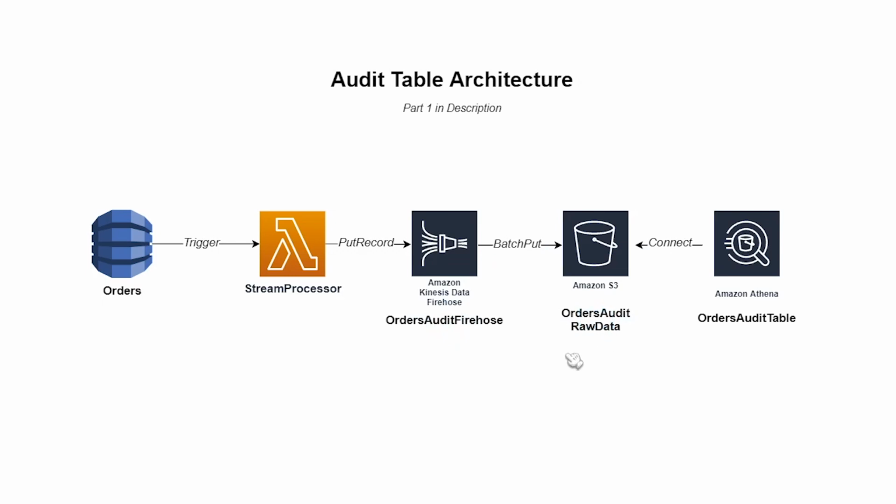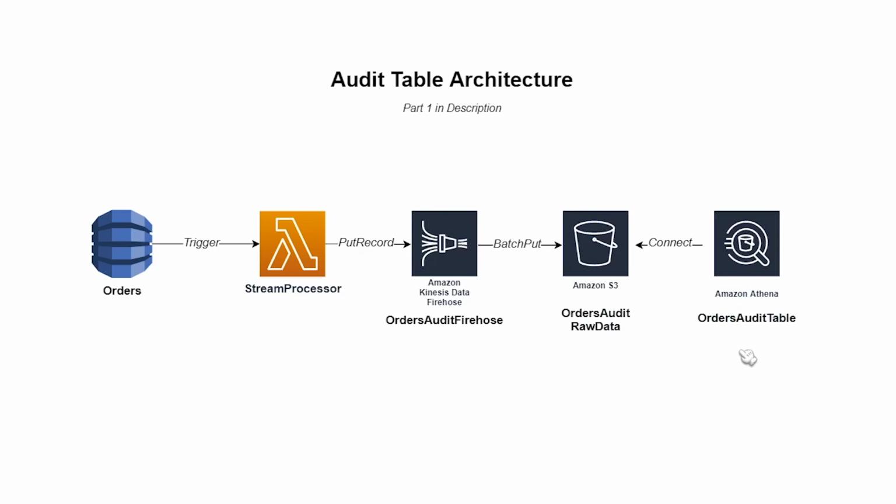And the reason this is useful as well, you could go directly from Lambda to S3, but the reason I like to use Firehose is that it supports very high throughput, and it also automatically segments your data by year, month, day, and hour, and organizes it very neatly for you in your Amazon S3 bucket so that it's very easy to come to later and filter based on time range. And then from there, we're going to create an Amazon Athena audit table and connect that to our data source, which is going to be S3 in this case. And then we're going to do some SQL queries on our S3 data using Amazon Athena. So that's what we're going to be doing in this project.